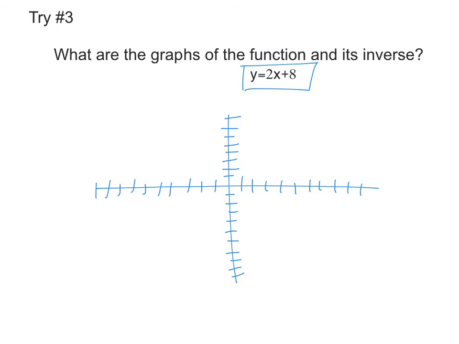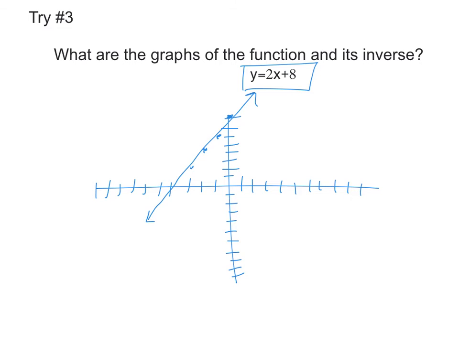So 1, 2, 3, 4, 5, 6, 7, 8. And we go up 2 to the right 1. Well, I'm out of space. I'm going to go down 2 and left 1 instead. So down 2, left 1, down 2, left 1, down 2, left 1. So right about there